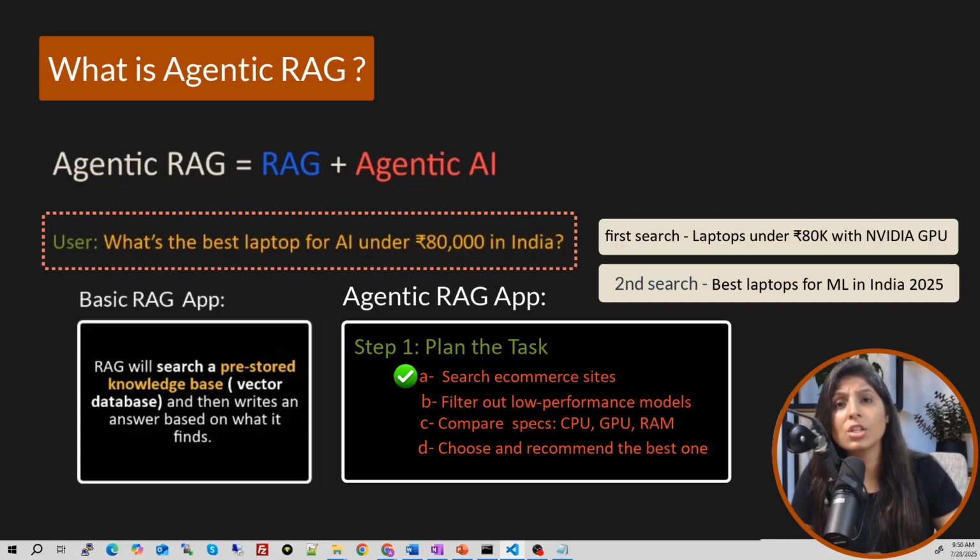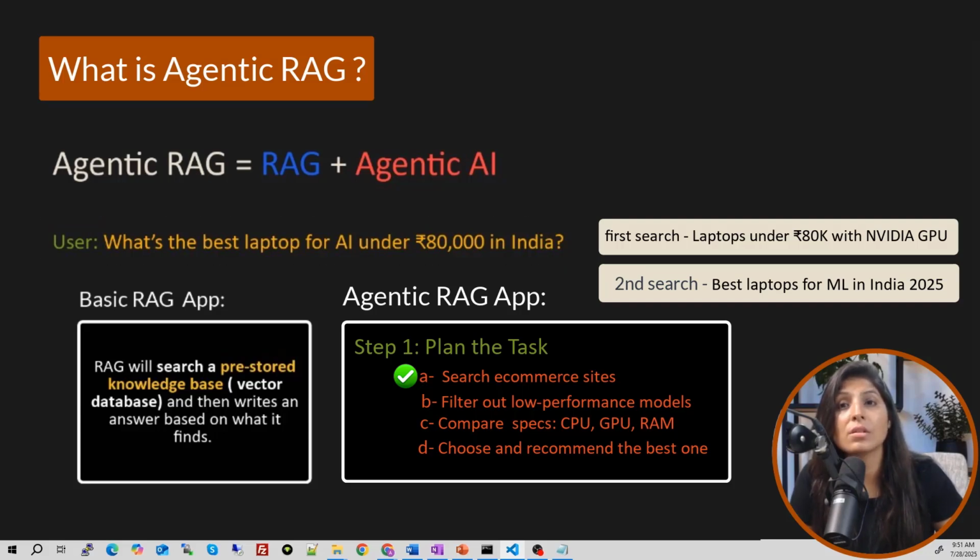So with each search, the agent refines its knowledge, it adjusts its strategy, and it learns what matters and what to search next. And to get accurate and real-time results, the agent is also using tools. In this example, let's say the agent used APIs from Amazon or Flipkart to fetch the products.